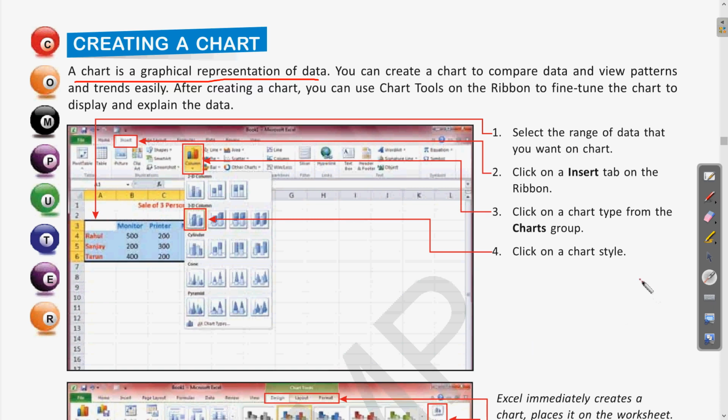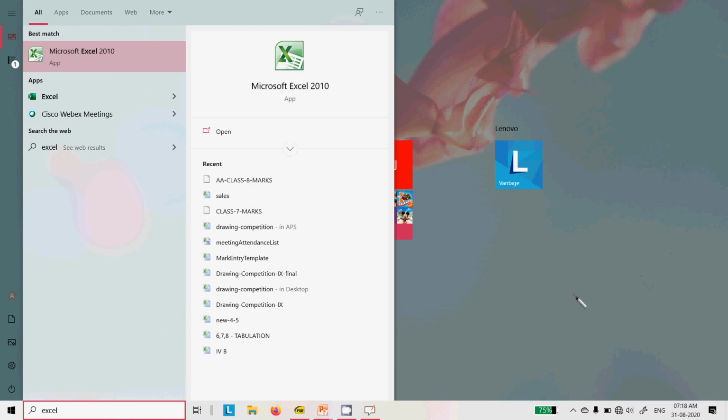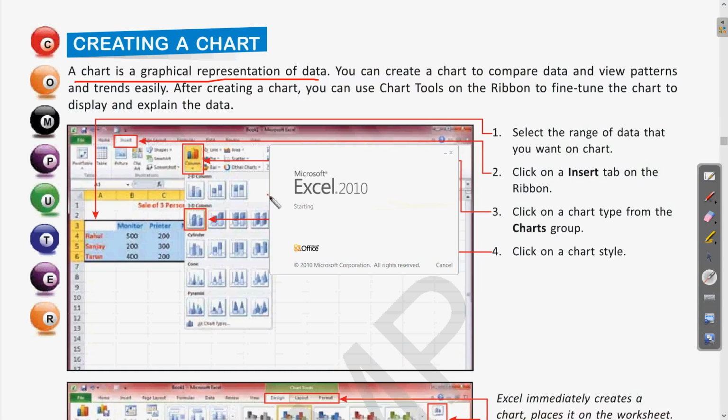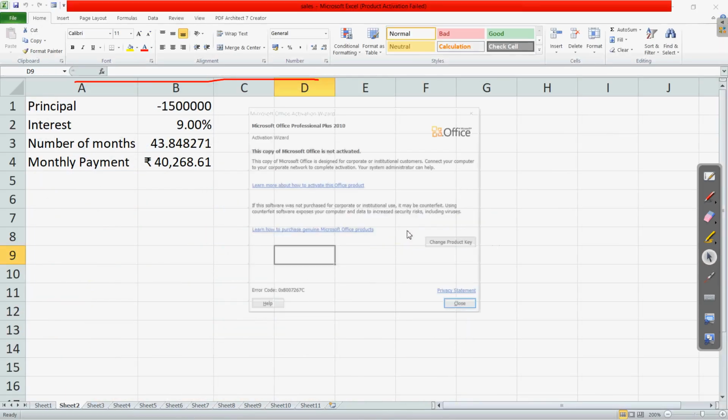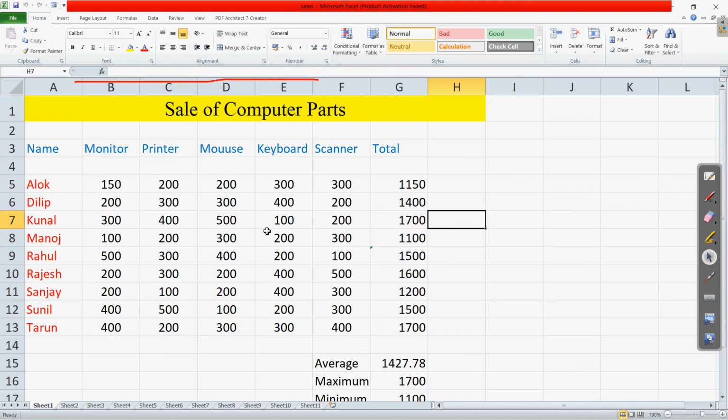Okay, so let us also open any existing data we have used earlier. Here is an example, the Excel data sheet which we have used earlier. Now in the previous example, suppose this is the data we have.